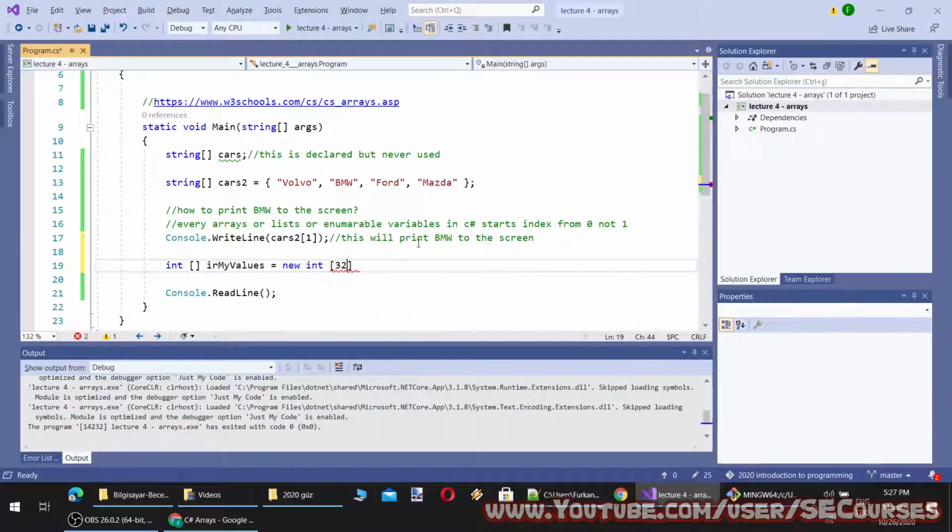Just 13. Okay, so now I have defined an array with 13 storage. You can also define it like this so you will know it.